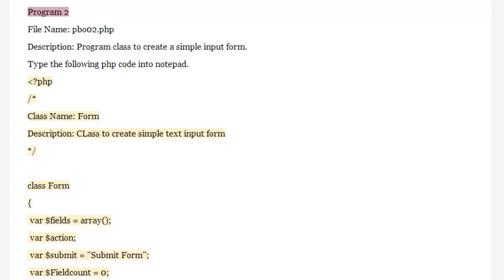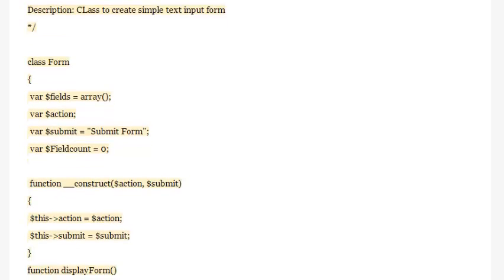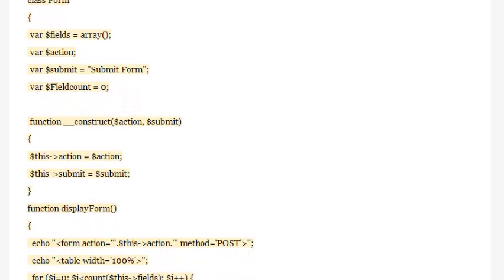<?php /* Class name: form. Description: class to create a simple text input form. */ class form { var $fields = array(); var $action; var $submit = "submit form"; var $field_count = 0; function __construct($action, $submit) { $this->action = $action; $this->submit = $submit; } function display_form()